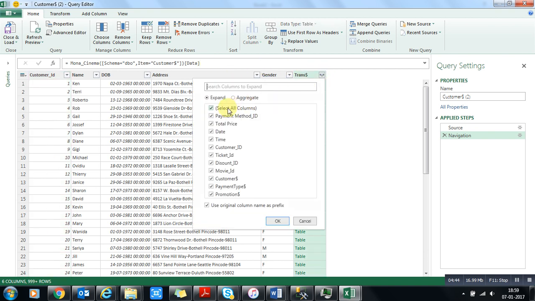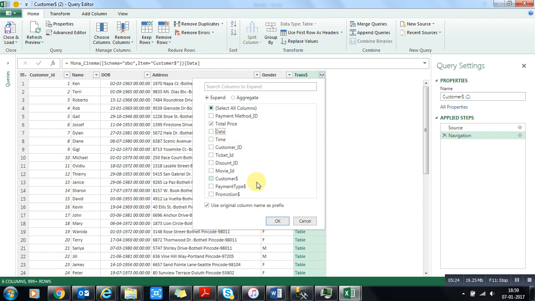You can see payment ID, payment type, total price, how much payment they have, the customer ID. This information is fetched with a table which we have, because this is the relational model, and the table is linked in a snowflake schema. For more information on schema, you have to go through the details, but this is a basic SQL Server connection. If it is already developed by the SQL Server developer, then you don't need to do anything. You can directly get it done by this Power Query.